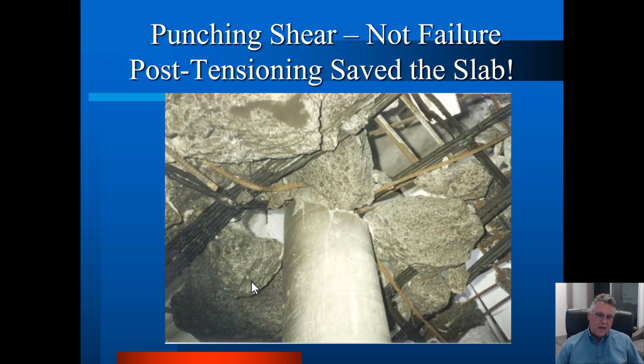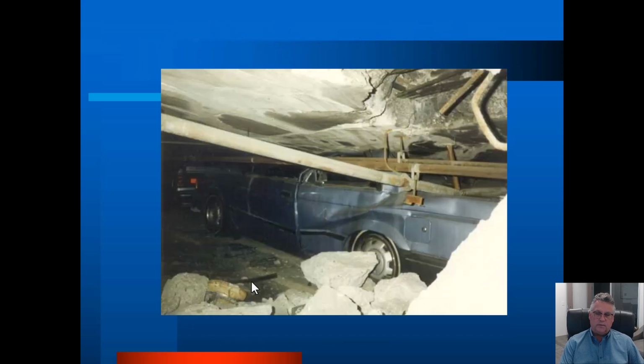And had that not happened, had those tendons not hung up on that column, this would have failed, and the domino effect of the next bay of columns failing, and it would have taken the whole building down. But this arrested the progressive failure. So post-tensioning literally saved the lives of the inhabitants of this building. Didn't save the cars. Cars didn't do so well, but luckily nobody was in those cars. But this was the point at which, just to the left of this, the columns hung up on the post-tensioning, or the post-tensioning hung up on the columns and saved this building from everything to the left of this picture.